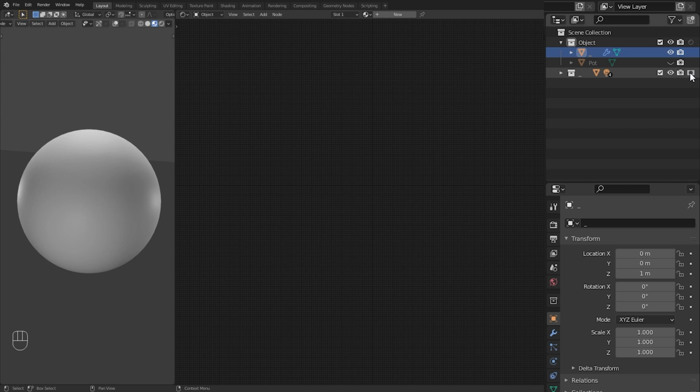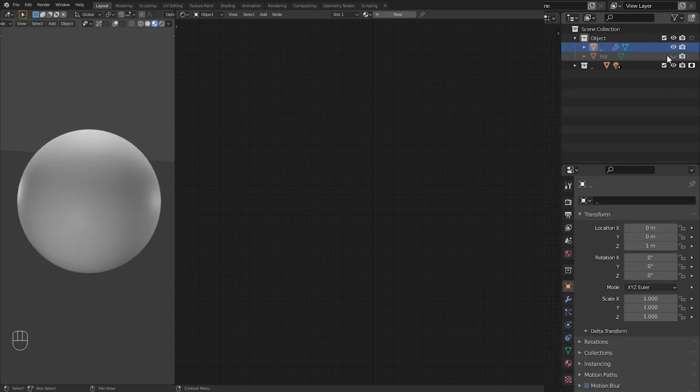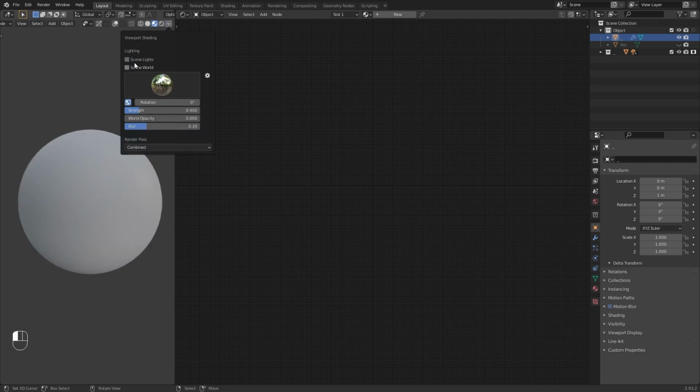In addition to the sphere for the demo object, there is also a clay pot 3D model. Here, the render out of the normal material view is different. This material view is similar to the Eevee real-time rendering. This is done by enabling these two lighting settings in the material view shading settings.